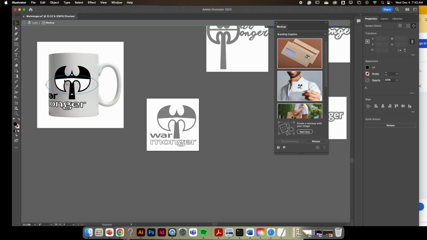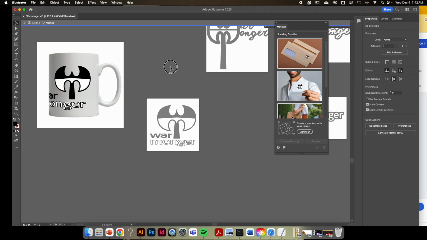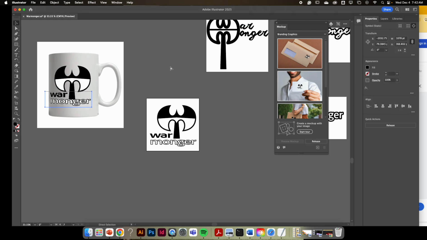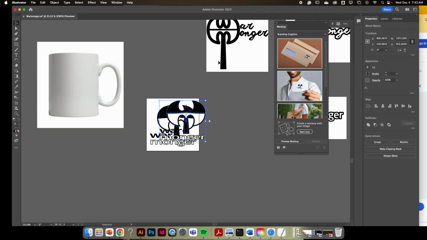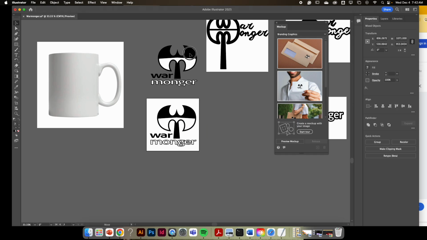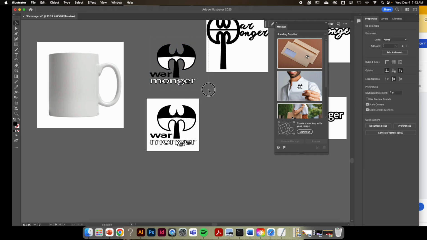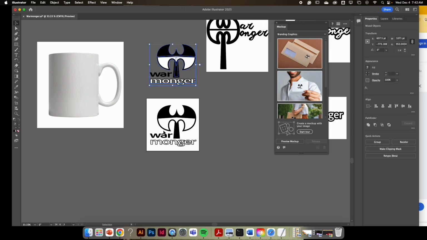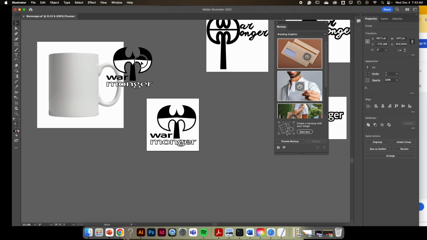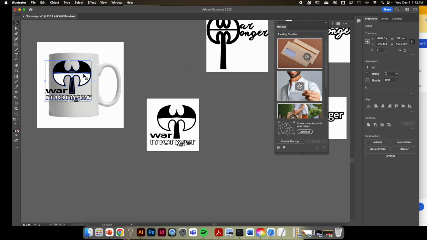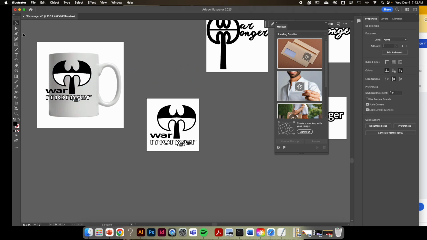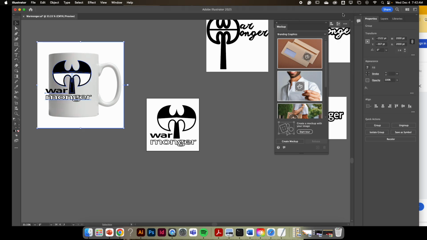Now, the only thing I didn't do this time, and I'm going to go back and do it because I should have done this before. If you have a problem like I did where it's only letting you adjust certain pieces of the object at a time, you want to make sure you go and select all of these objects, hit Command G to group them together first so that they all live as one happy little group. Command G for group. So if I select these again, and then I click that Create Mockup button once again,